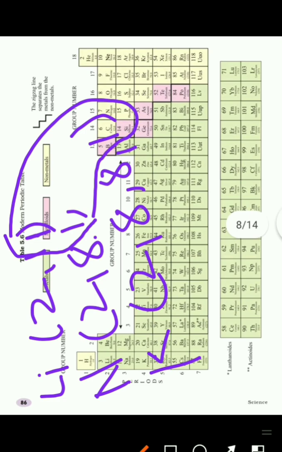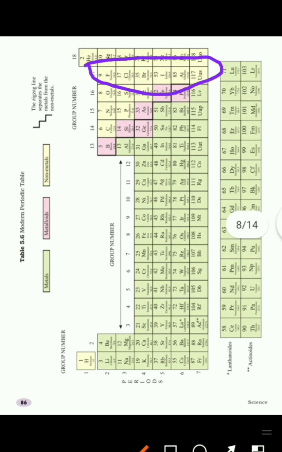And so we can say that the elements present in the same group have the same number of valence electrons. We will take the example of group 17 also. In group 17, fluorine, chlorine, bromine, iodine all have 7 valence electrons in their outer shell and their valency is the same, that is 1. So we can say group 1 elements have valency 1, valence electrons 1, group 2 valency 2, valence